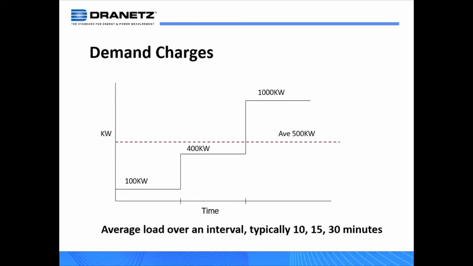There's even instrumentation that will simply keep track of the 4 highest demand intervals. But from the utility standpoint, it's the highest demand interval of the billing cycle. And the billing cycle might be 30 days, typically it's 31 days. So that value is